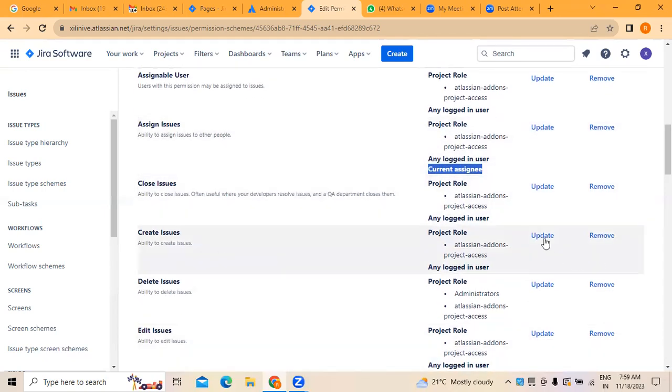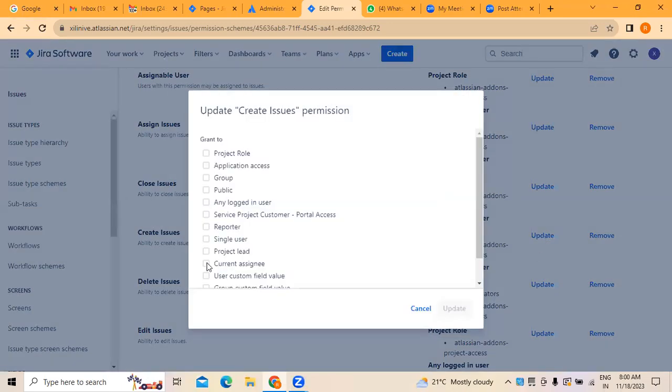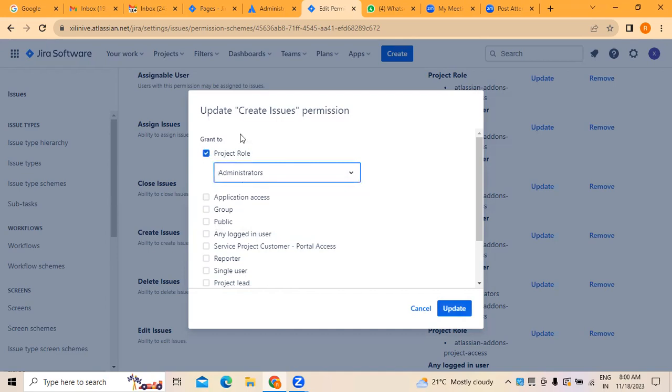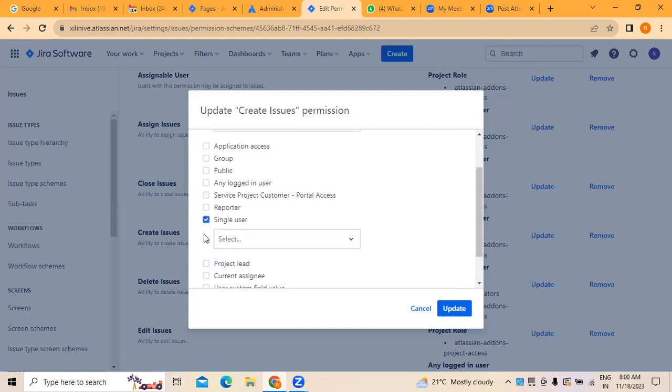For example, if you want to create an issue, it will be given to a person who will be a project role person, administrator. It's not only administrator, we can add multiple roles. That's what I said two minutes back. So you can add roles, but the restriction is that as it is a cloud application, it doesn't allow adding new roles. Whereas in full versions, we can, because the procedure remains the same, you can add as many roles as you can. At the same time, single user, project lead,